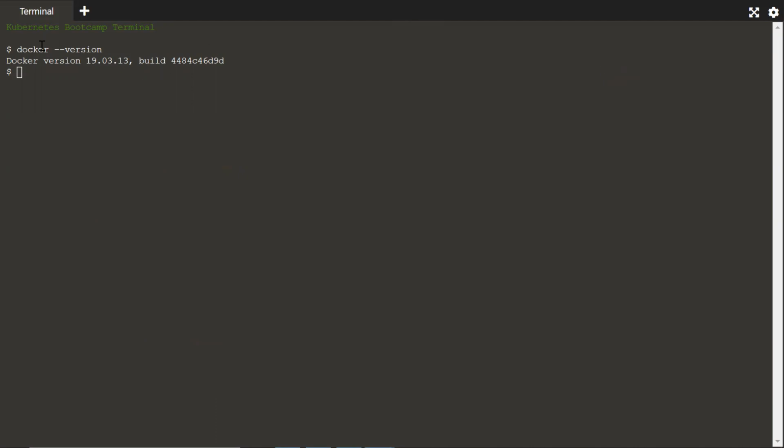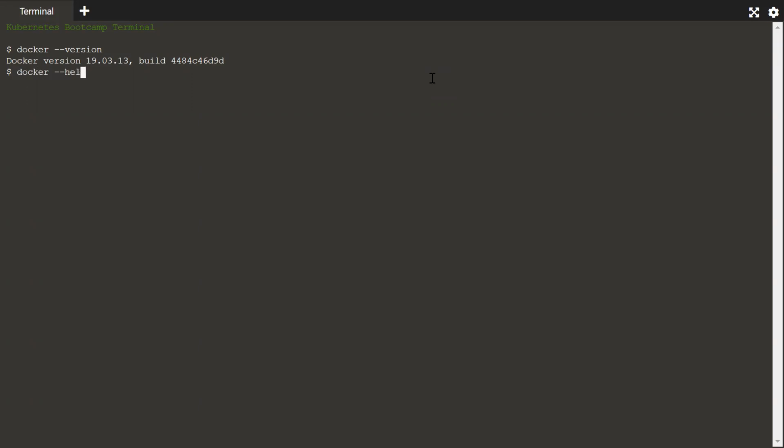Anyhow, I have this Docker version and have set this as my startup. Now, this place that you are seeing right now is known as the Docker CLI, or command line interface. This is the place where you write your commands and run everything you want to do. Now the question can be asked, where are these commands? How will I know that these commands exist? So the best thing for you is to say docker